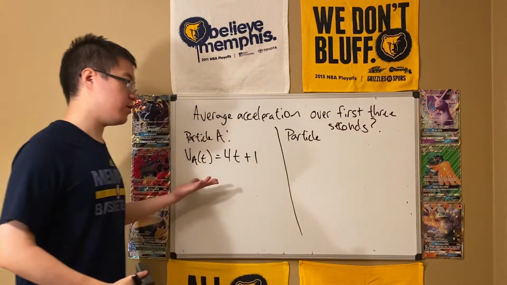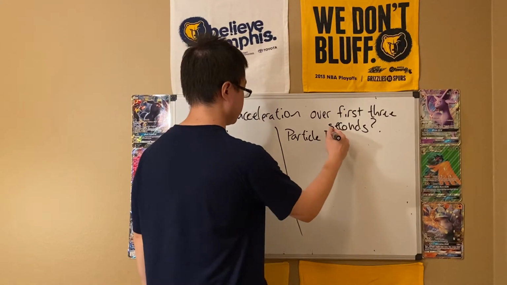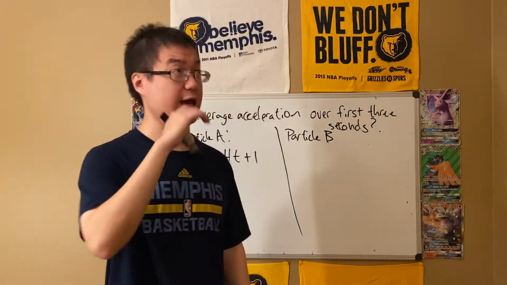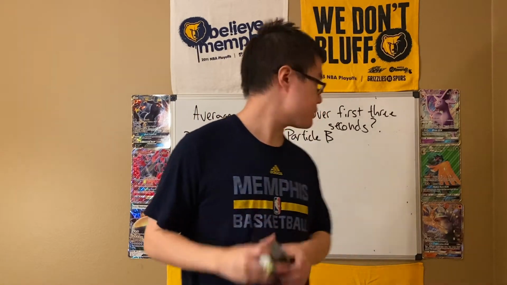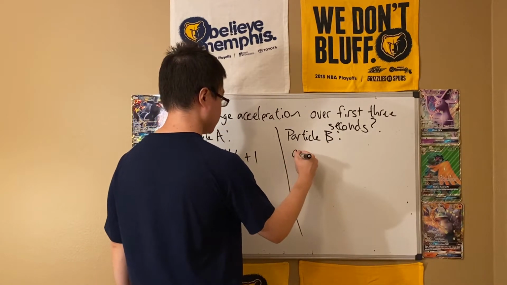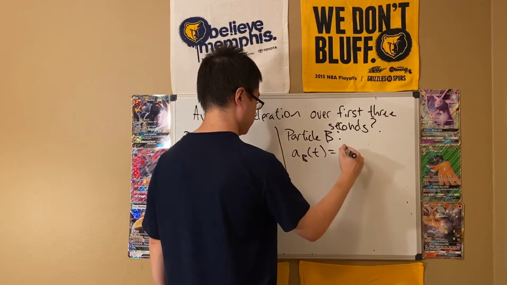why have only 1 particle when you can have 2 particles? So for particle B, we're going to switch up the givens, of course, because again, the givens determine which function you do. If it matches, you do the integral. If it's the antiderivative of the thing you want to find, then you're going to be doing algebra slope. So particle B is going to have acceleration given instead. So we'll call it a of b of t, and we'll just do the same function to make things confusing,